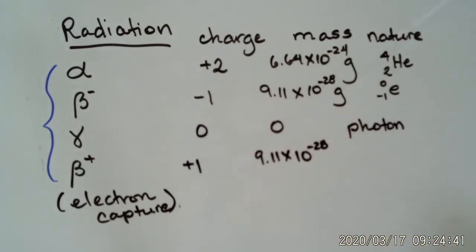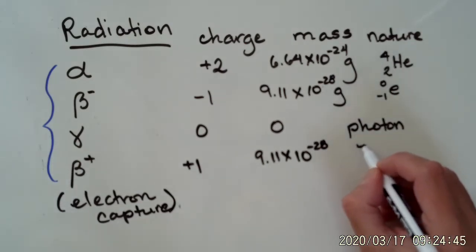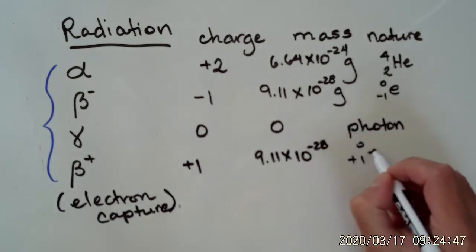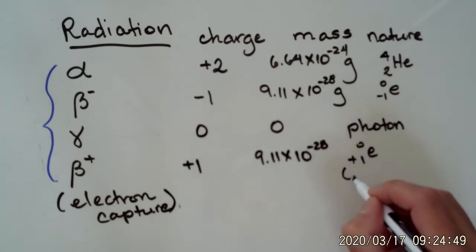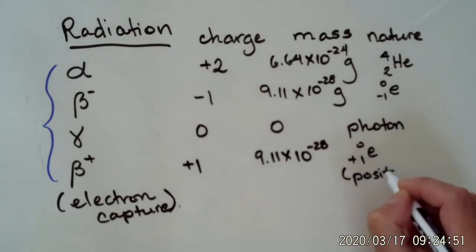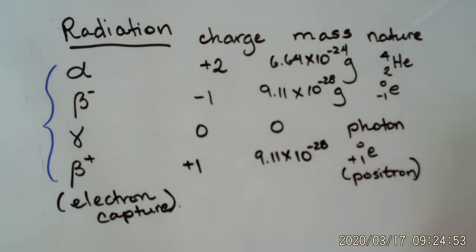Okay, and the nature, it's a positron. So we write it like this as well. It's also called a positron. For the electron capture, when we talk about those nuclear reactions, just so you know, the electron is an orbital electron. So it's a slow moving electron that we're talking about. Okay, now that we know the types